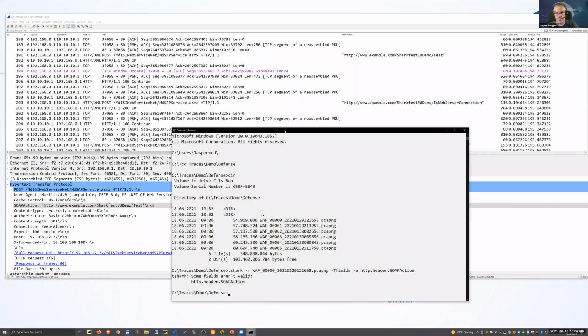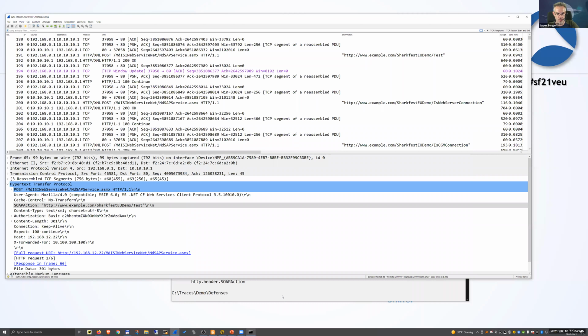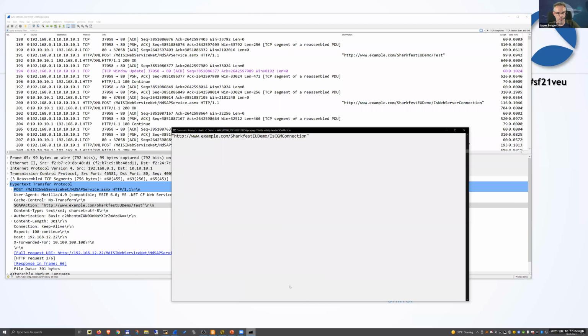The problem here is that TShark uses the default profile. And for this talk, I'm using my demo profile. So I need to tell TShark, hey, please use my demo profile, because only in the demo profile do I have this field defined. In the default one, it's not defined, so it doesn't know what HTTP header SOAP action is supposed to be. So I need to give it the name of the profile where I put in this extra field that I just configured in Wireshark, which is why you sometimes need to go into Wireshark before you can run something on the command line. So this should work now. Yeah, good.